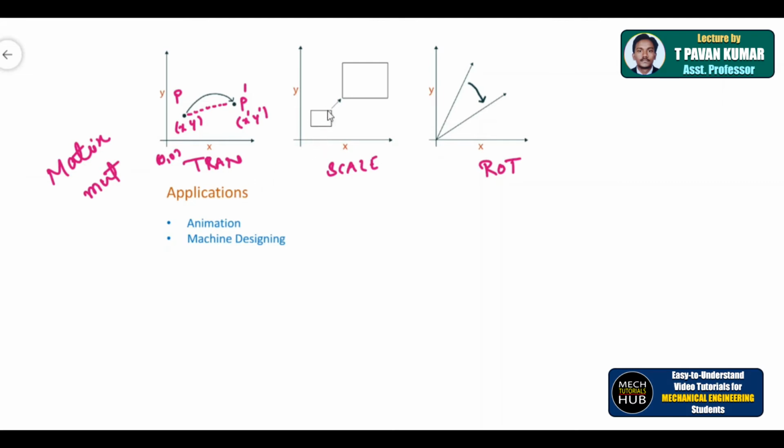Coming to the second one, this is all about scaling. Now this is the initial position. Let me call this 1, 2, 3, 4. Then what is the next position? This becomes 1 prime, 2 prime, 3 prime, and this is 4 prime. Alright, this is the new position where scaling is done, where the size got increased. Whenever you talk about scaling, 1:1 is the regular or same size, 1:2 you are scaling it down, 2:1 you are increasing the size.